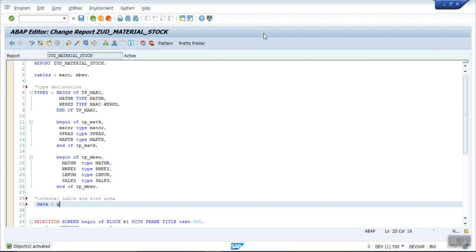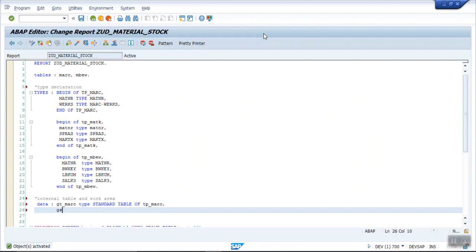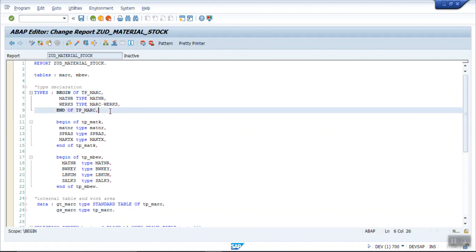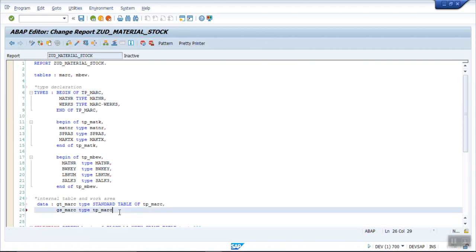First I am declaring GT_MARC, type standard table of TP_MARC. Then with the same type I am declaring the work area, type TP_MARC. So the type of this structure will be assigned here.